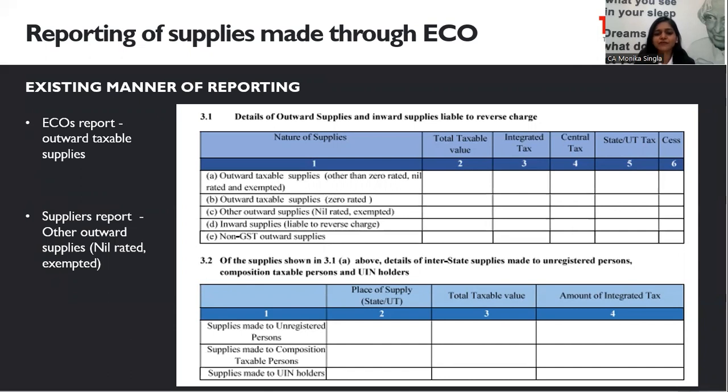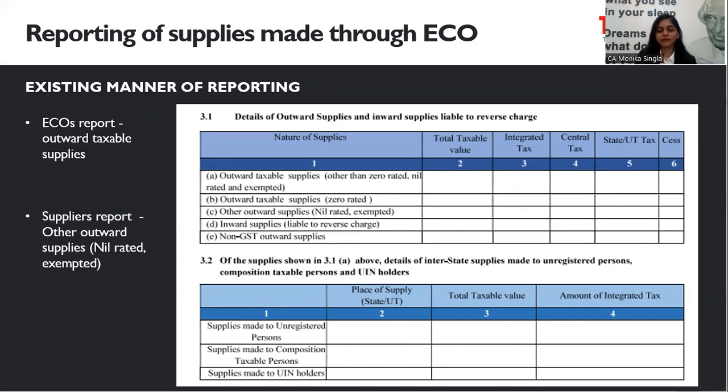But some of the taxpayers were of the contention that since they have reported their outward supplies in table 3.1, table 3.2 is not to be mandatorily filled. But now the government has come up with a clarification that table 3.2 is a reporting requirement and it is mandatory to be filled. It doesn't matter that you have already included it in table 3.1. This clarification has been made because the reporting in table 3.2 facilitates the central government to allocate the tax to the specified states